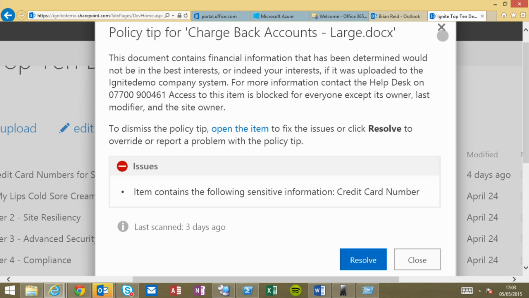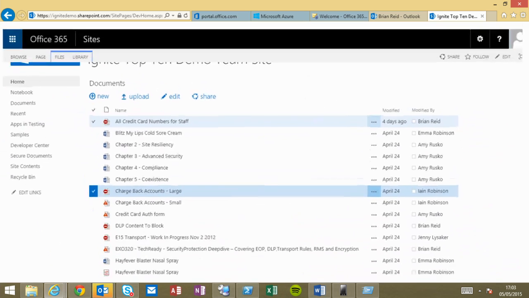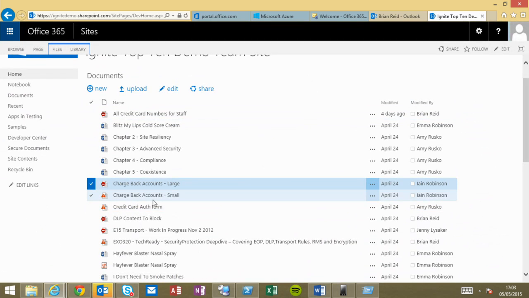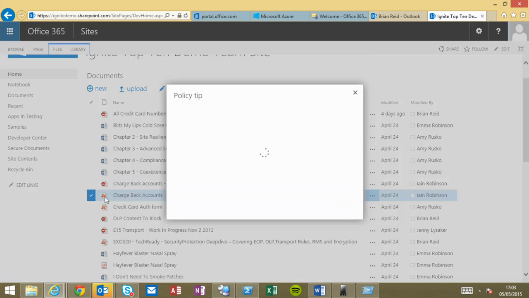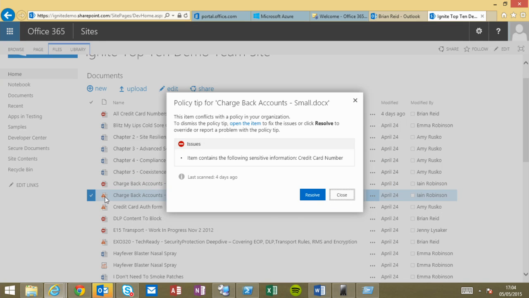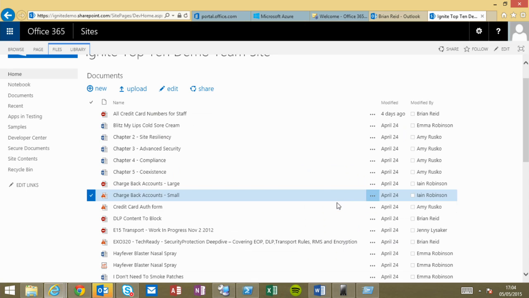Just close that one and take a look at, for example, the chargeback account small, and click the policy link. Then there's a standard policy link I haven't customized, and this particular one has less than my cutoff of 10 credit cards. And so here I'm told the data should be fixed, but it doesn't have to be. Okay, so I've decided that over 10 credit cards, it absolutely must not be saved to my document library and is not visible to anybody else. But under 10, I'll give you a warning and let you know that you really ought to fix that problem. Okay, so